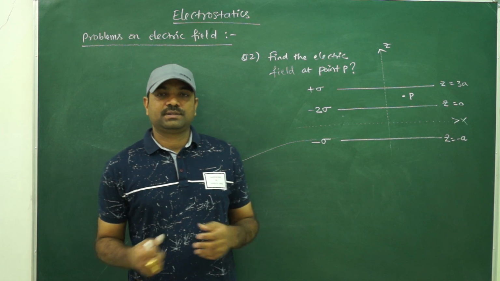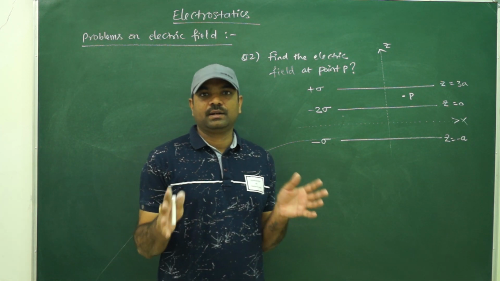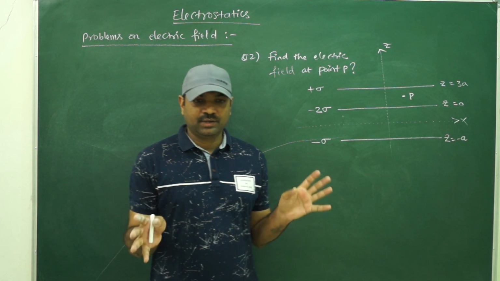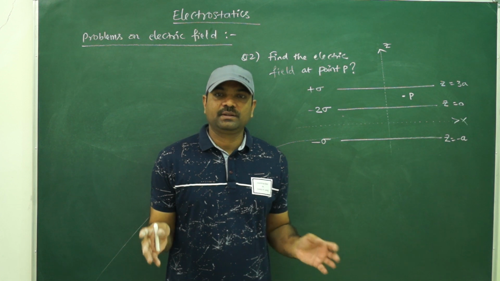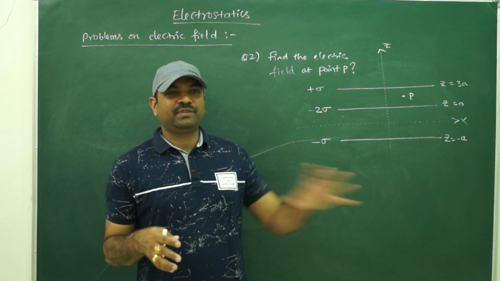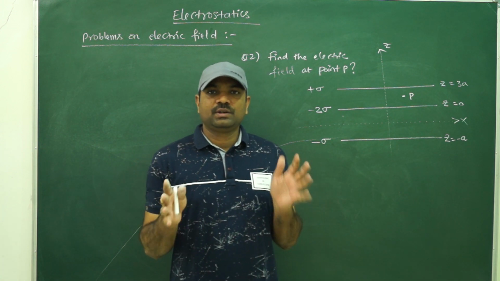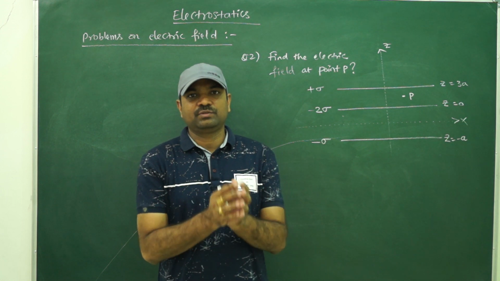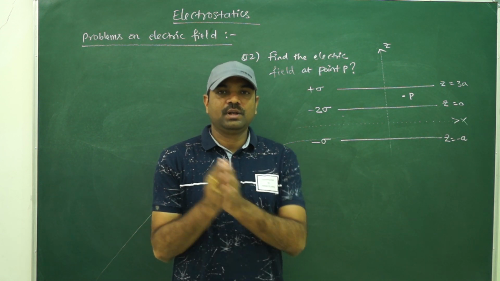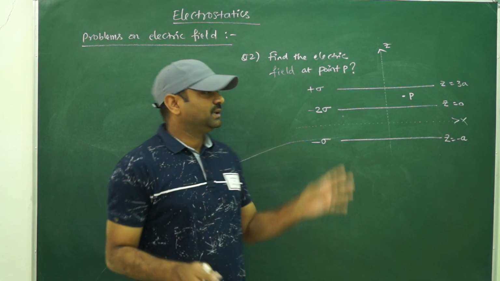We go with the second question. This question was given in JEE Advanced. I used to tell my students the same thing: don't think that an advanced question means every question is tough. Out of 20 questions you will find at least 2 to 3 questions related to the basics of the concept, or sometimes related to the formula of the concept. If you remember the formula, you can solve the question. So let us try that.